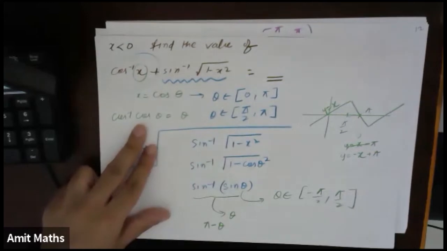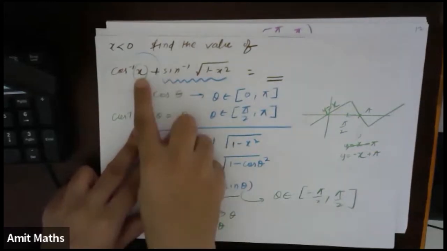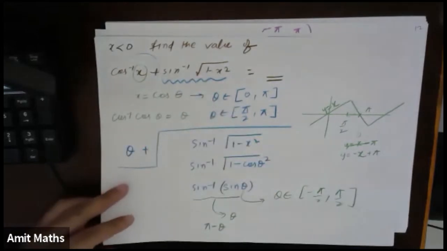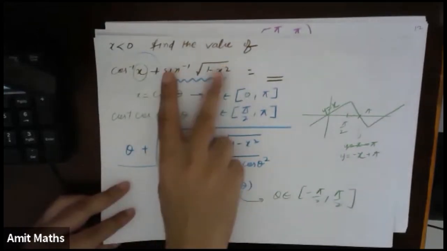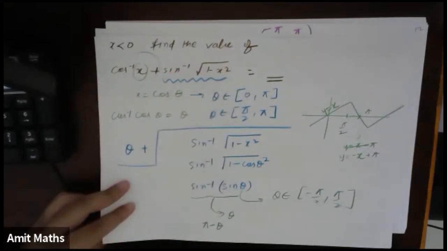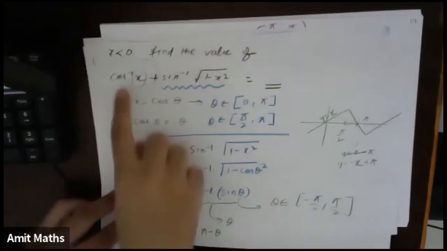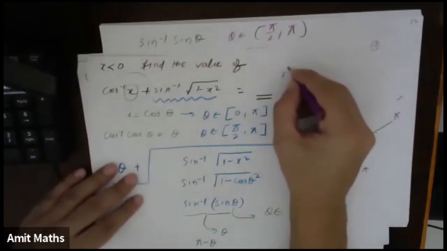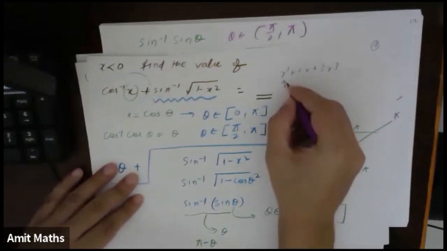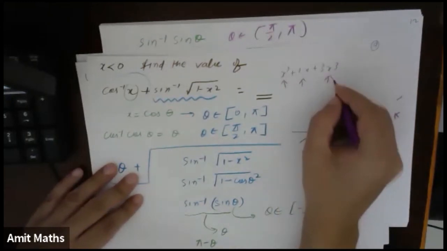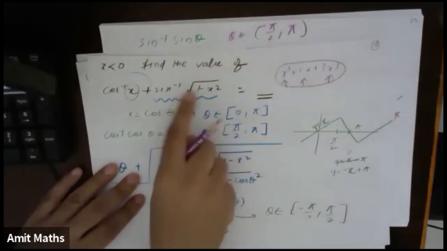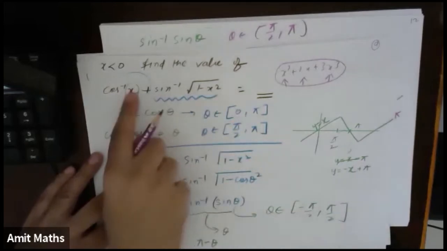So just for our convenience, we cannot take this as cos theta and take something else here. We cannot take x as one value here and something different there. Understood? Suppose you have an equation x square plus 2x plus 3x cube. We cannot simply take 0 here, 1 here and minus 1 here. Whatever value of x you take, it has to be uniform for the whole thing.